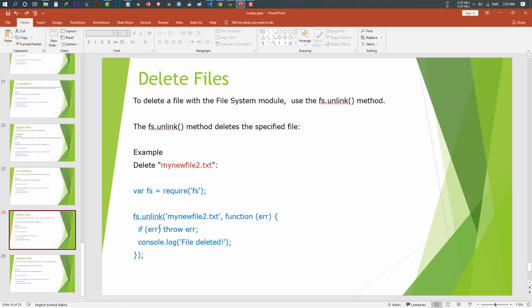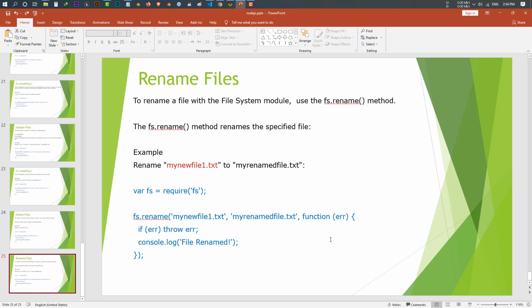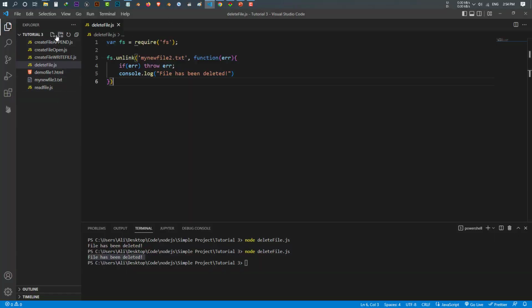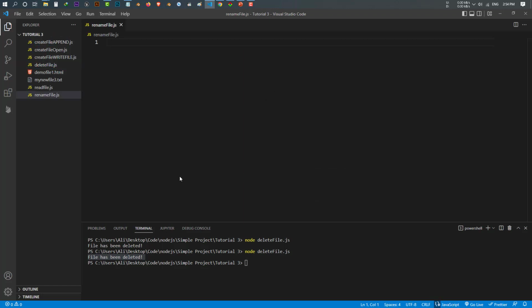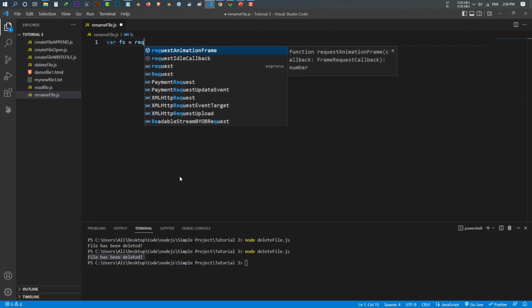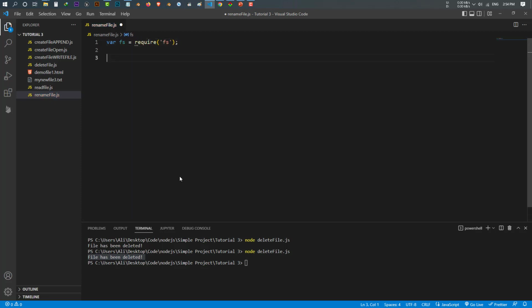Let's see what we got next. The next thing is to rename the file. How can we rename the file? To rename a file with the file system module, use the fs.rename method. This fs.rename method renames the specific file. For example, let's create a file. I call it renamefile.js. Let's import the fs module, require fs. Okay, I want to rename this my new file 3 to something else. To do it, just say